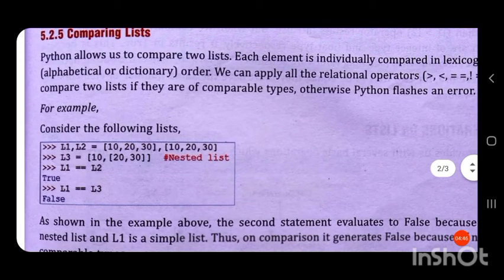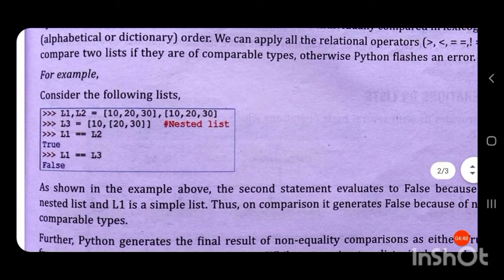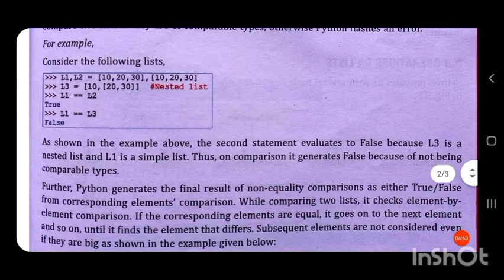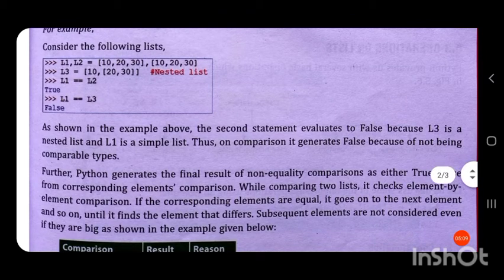As shown in the above example, the second statement evaluates to false because L3 is a nested list and L1 is a simple list. Thus, on comparison, it generates false because of not being comparable types. Further, Python generates the final result of non-equality comparisons as either true or false from the corresponding elements comparison.